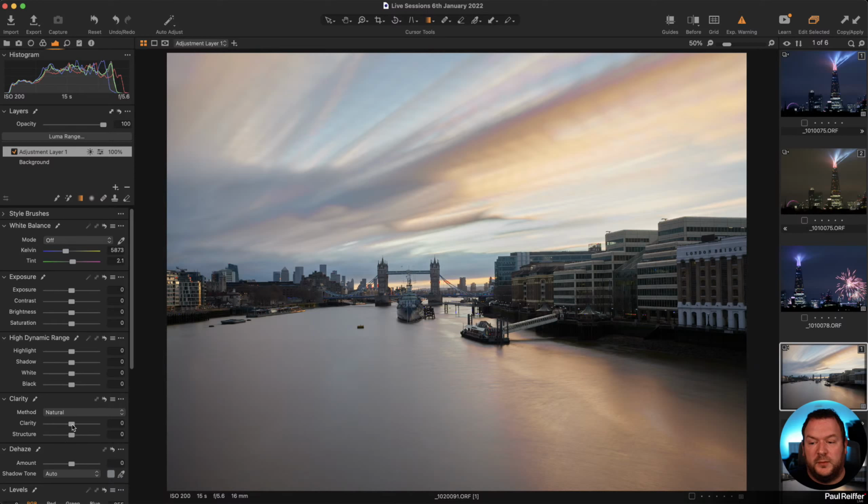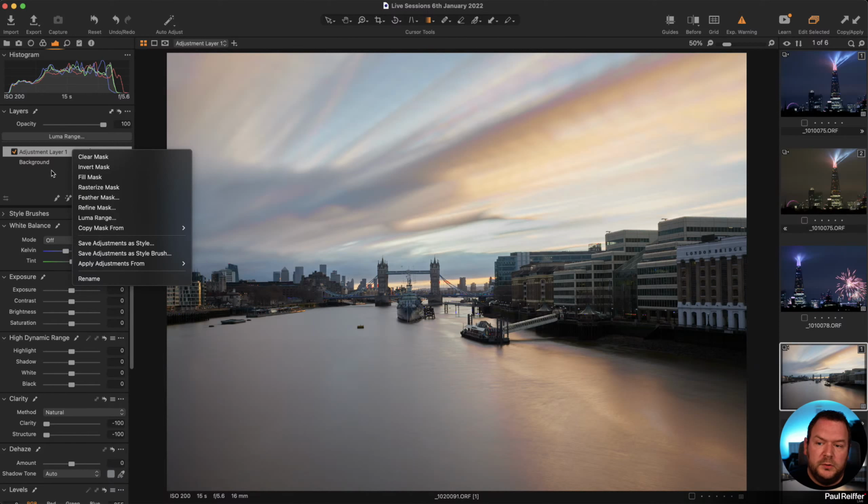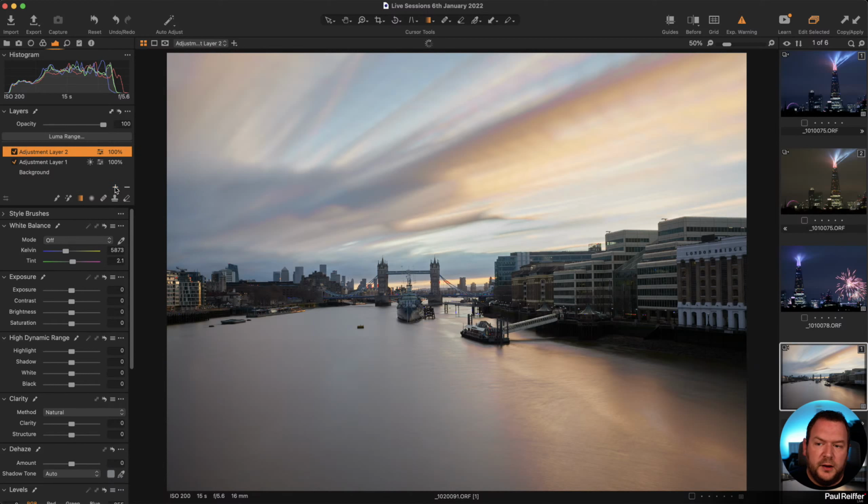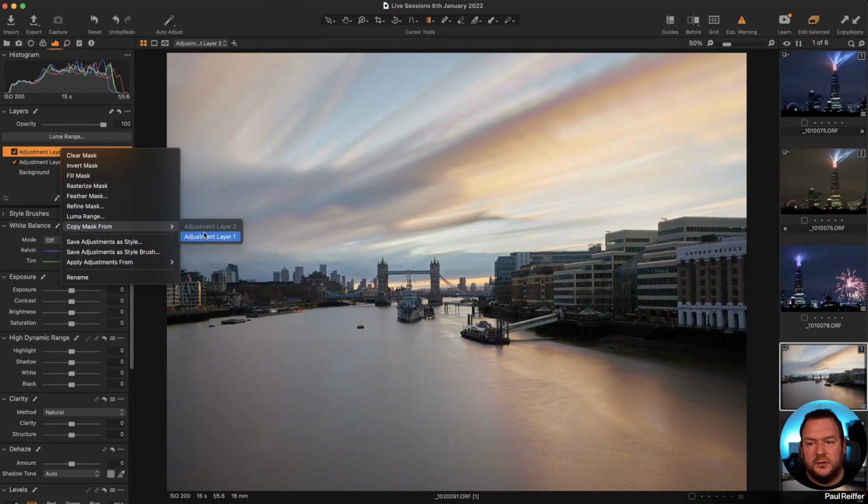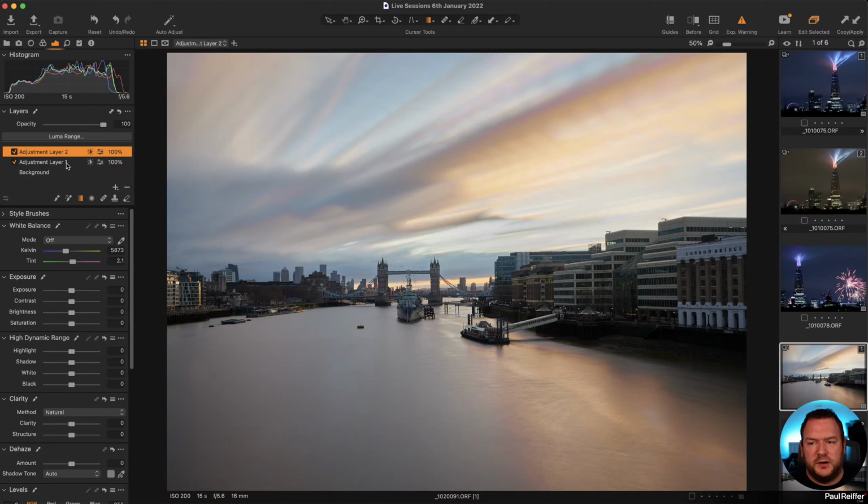And with this, I'm going to go to my clarity tool. Remember earlier we used clarity to add contrast and add detail. I can use negative clarity to get rid of it, and negative structure to get rid of the detail and or textures and patterns and stuff like that. Now, if that's not enough, well, what we could do is create another layer, and I can copy the mask from adjustment layer number 1, which I did.